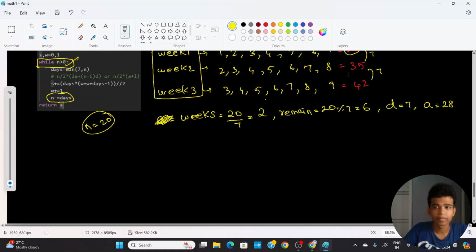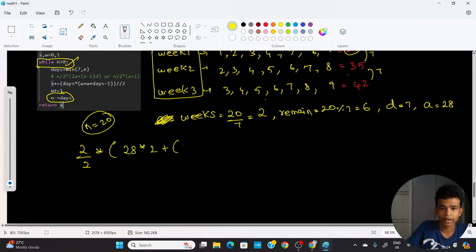28. Just apply it. If I apply it, what is my value for 2 weeks? N is what? 2 weeks, right? So 2 divided by 2 into, what is my starting point? It is 28, right? So 28 into 2 plus, what is my n value? Again 2 minus 1 into, what is my d? It is 7. So 2 and 2 can cancel. Now 56 plus 7, which is equal to what? 63,